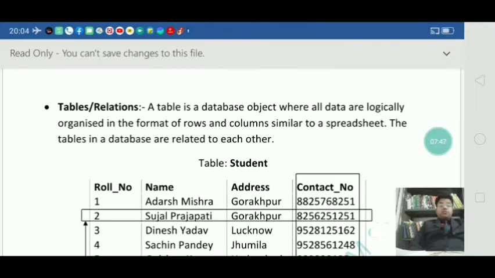Without linking, we can't retrieve data from more than one table. So for retrieving data, we need to link all the tables in a database. I hope you all are understanding. Okay?